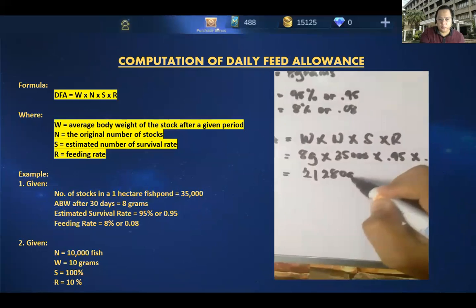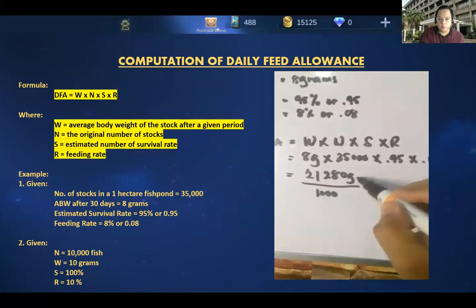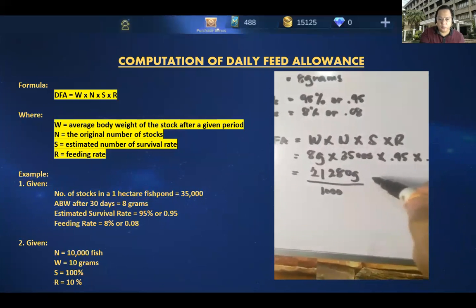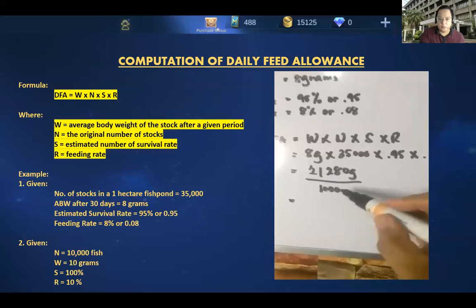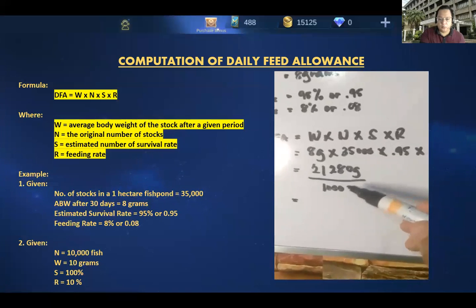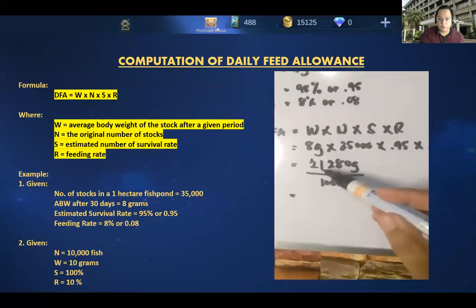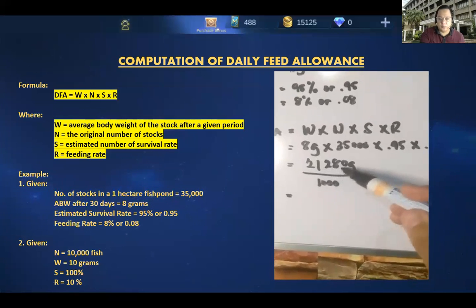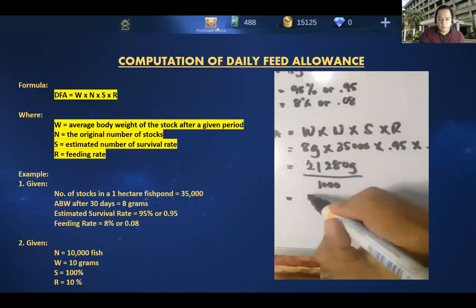21,280 grams. So divide by 1,000 because we need to convert grams into kilogram. Why 1,000? Because 1 kilogram is equal to 1,000 grams. So 21,280 grams divided by 1,000. Okay, so our answer